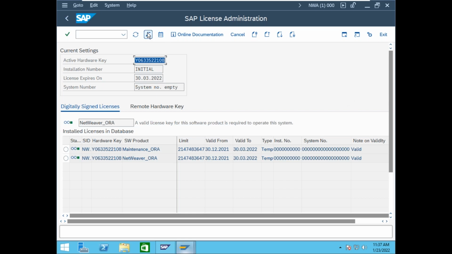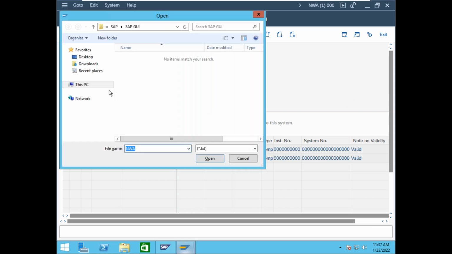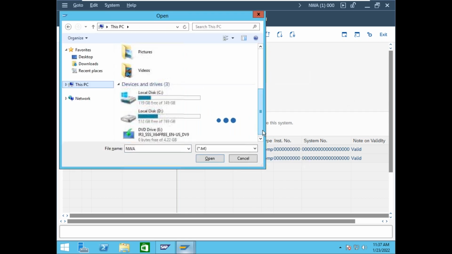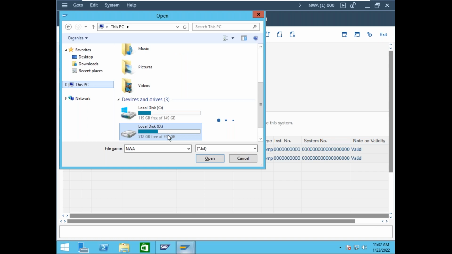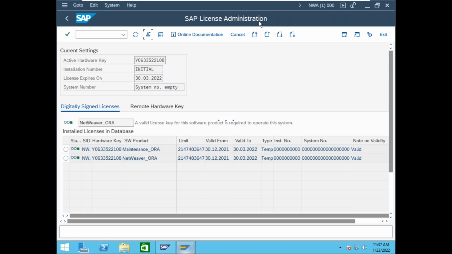Now click this icon. This is the temporary license. Here two licenses are there. One is NetWeaver license, another one is maintenance license. NetWeaver license is the software license. What is maintenance license? Maintenance license means,